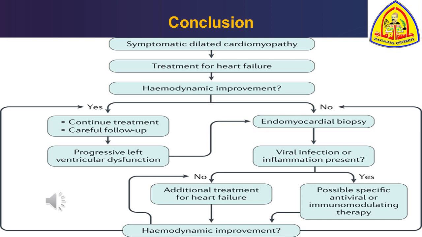If it reveals viral or bacterial infection, we will give specific antiviral or antibacterial or immunomodulating therapy. If it does not reveal viral infection or inflammation, we will add additional treatment for heart failure, as we discussed before,